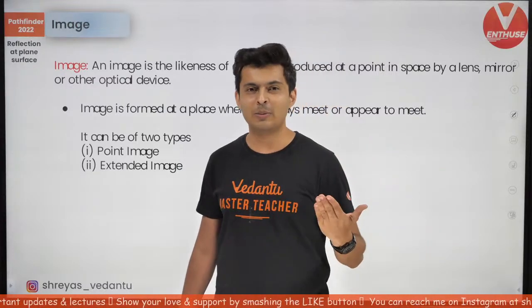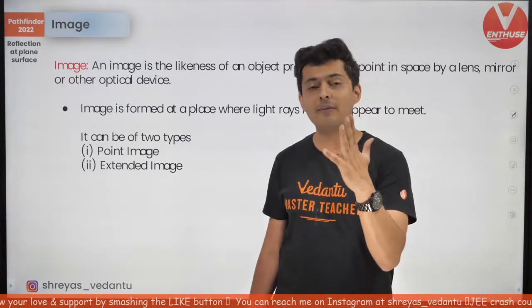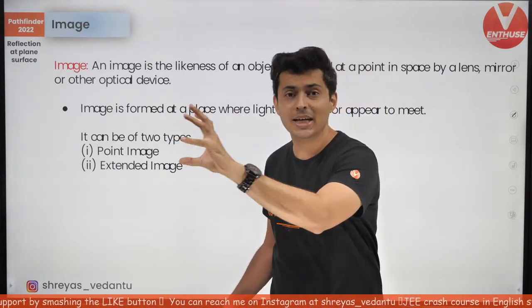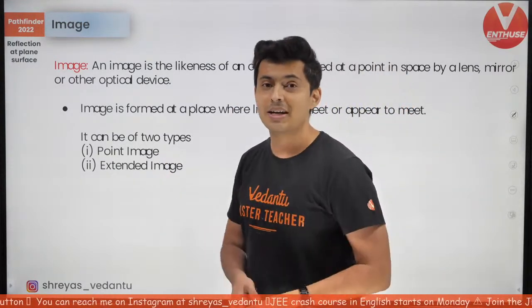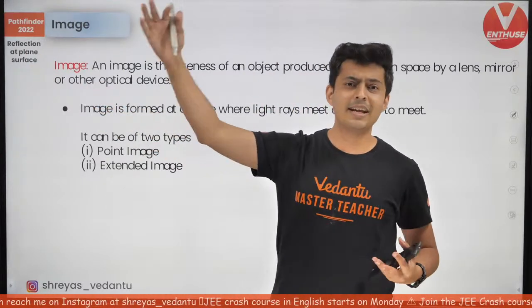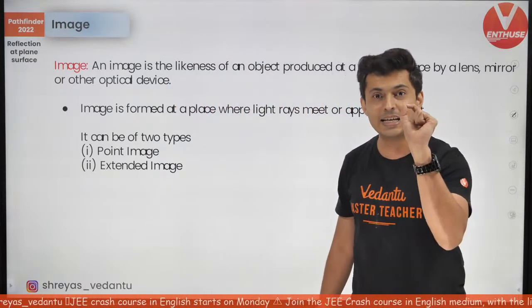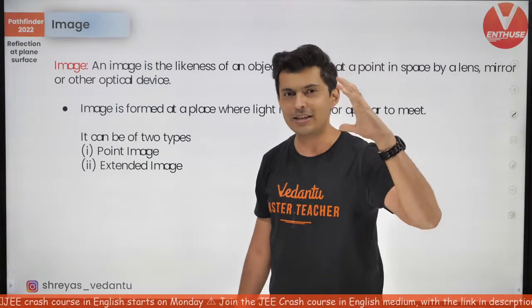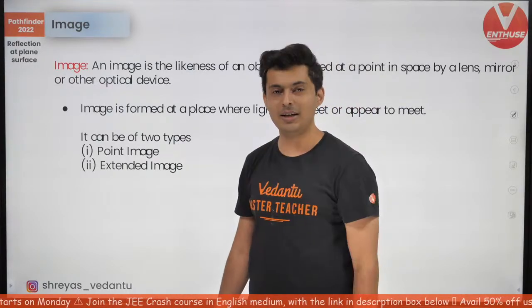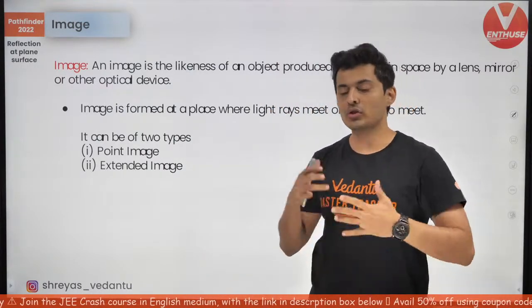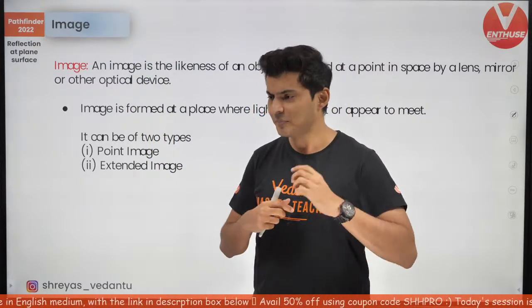Just refresh your memory, go back in time and see if there was a situation you have learned where you had an extended big object whose image was very teeny weeny. Yes, it is possible. Imagine you have a big object very far away and the rays finally converge at the focus. They meet at the focus. Imagine it's a lens or a curved mirror. Then what will happen? The image will be a point image, right? Makes sense. So it is possible that you have an extended object and the image can be very small.